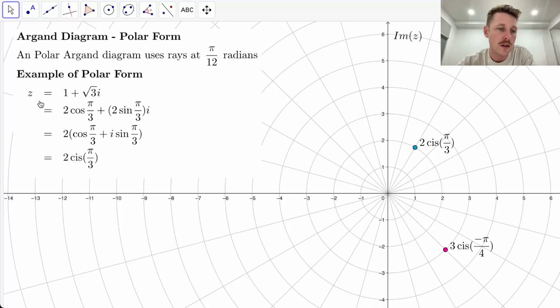So let's just look at one example of polar form. For example, if you had 1 plus the square root of 3i, so that's it in Cartesian form, the original form, what we could do is think to ourselves, okay, what point has the coordinate with